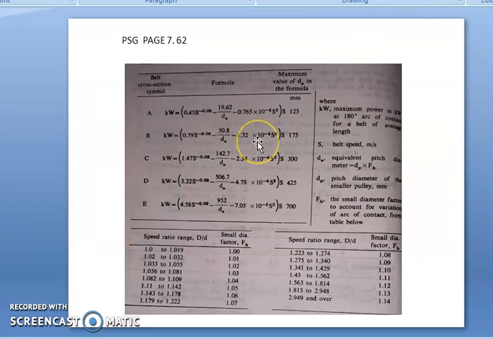Then the belt rating. From the tension, we can find out the belt rating, or we can straight away find out the belt rating of the power by using this formula. Based on the type selection of the belt, we can select the formulas, and then each notation can be found by using the tables.